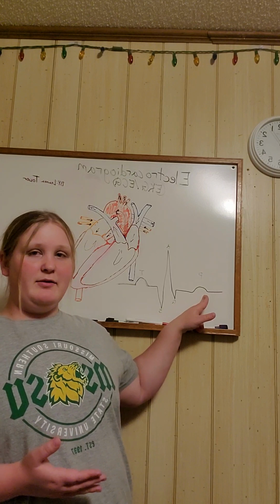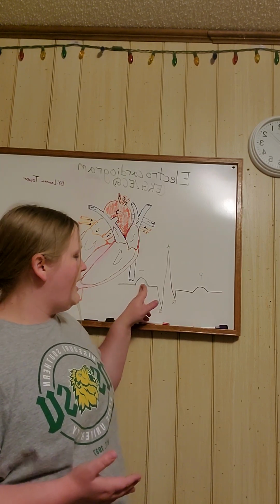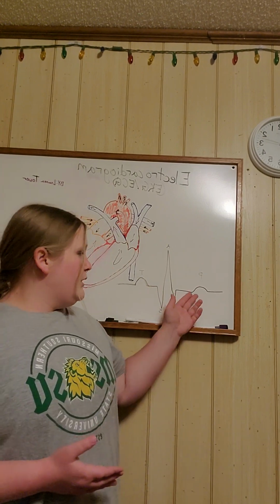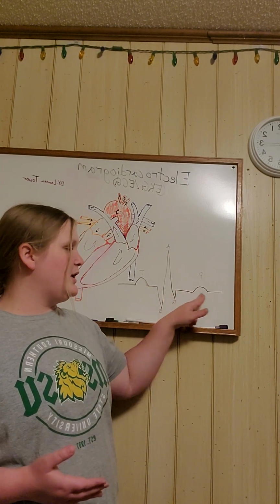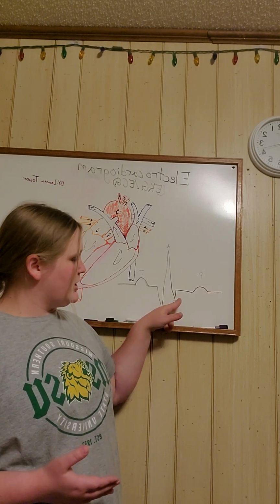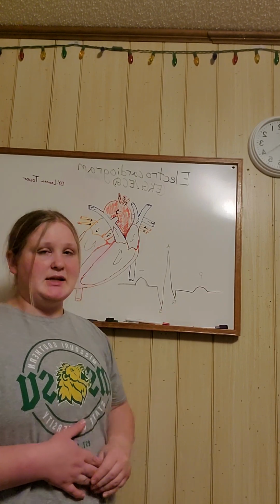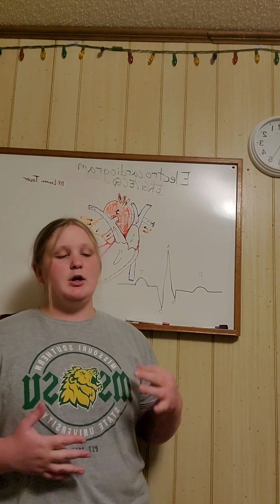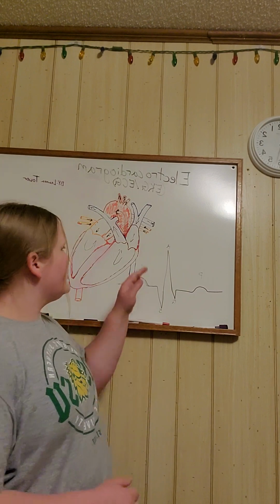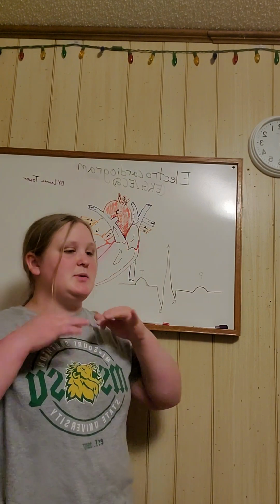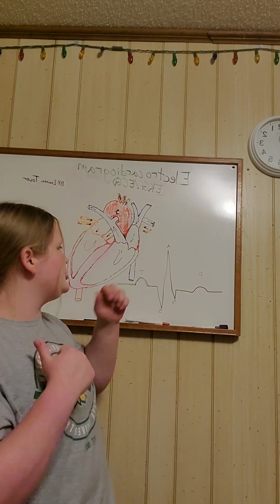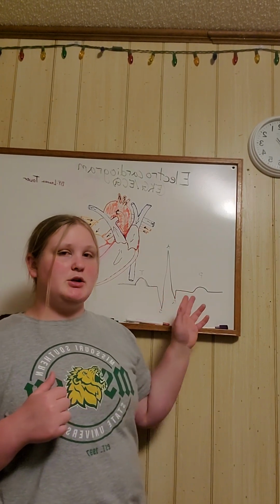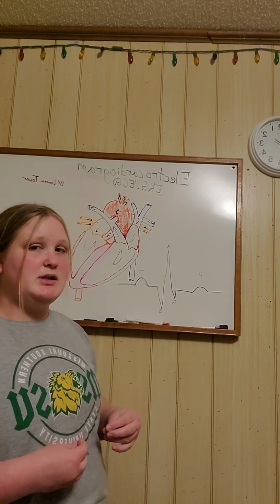So this is a P wave, this is a T wave, and then this is called your QRS complex. So the P wave, the PQ interval, which is from the start of the P wave to the Q, right down there, that shows your atria contracting. So the top of your heart right here is going to be pushing that blood from the atria into the ventricles. And there's a short pause here so that the blood can fully go into the ventricles before